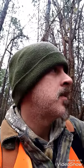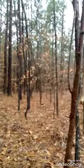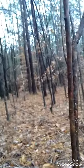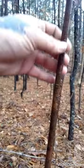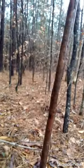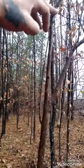I like to get them this time of the year. You can tell it's fall. Most of your hardwoods are without leaves, so I'm not 100% sure, but I'm pretty positive that these are dead or dying huckleberry bushes. But every now and then you'll find one that's got a nice, long, straight limb, and it's just long enough that I believe I could get my draw length out of that from right here